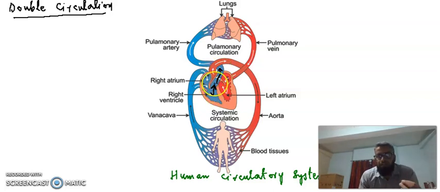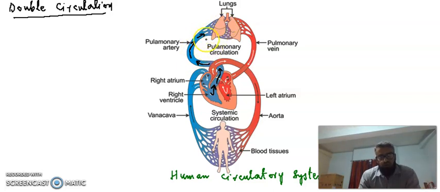Actually, the right ventricle gives rise to a huge arc. That arc is known as the pulmonary arc. That pulmonary arc then divides into two pulmonary arteries, the right pulmonary artery and the left pulmonary artery. The right pulmonary artery pumps that deoxygenated blood to the right lung, and the left pulmonary artery pumps the deoxygenated blood to the left lung as seen here.